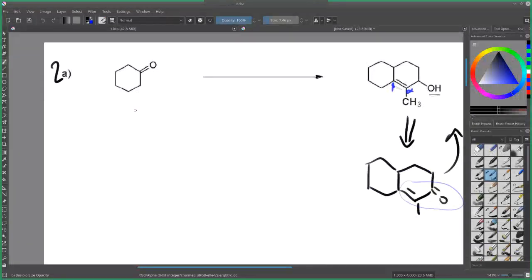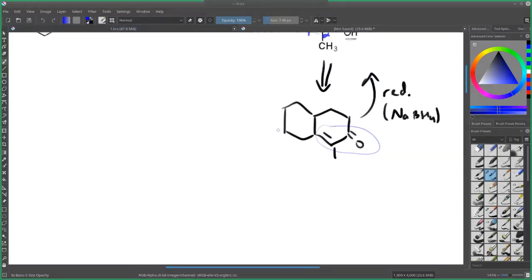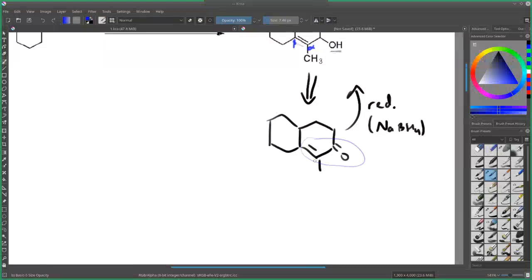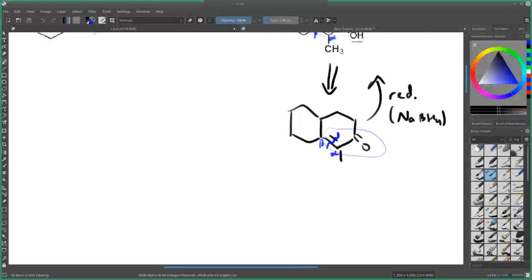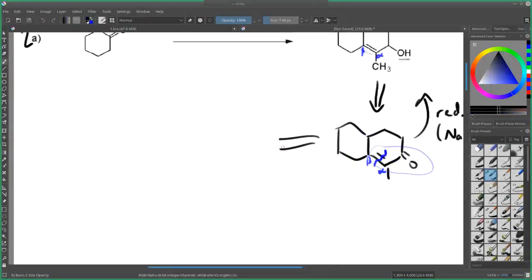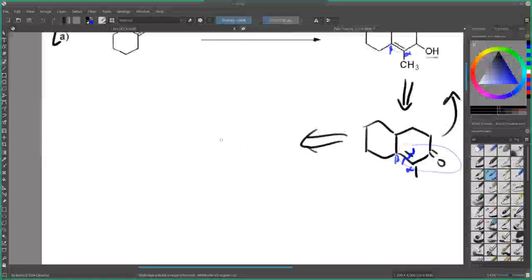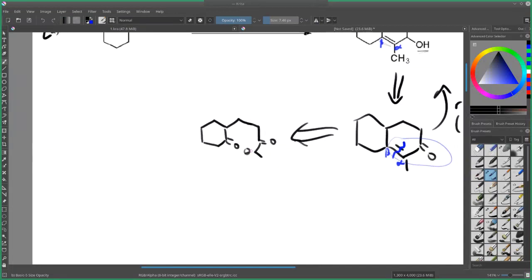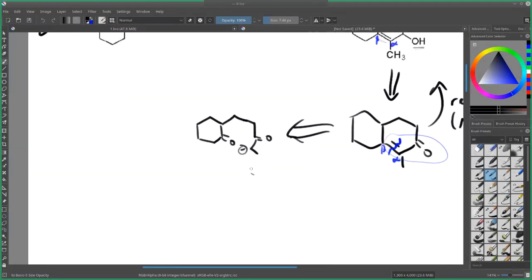So in that case, we know for a Robinson annulation, or really for all of these things, that you take alpha, beta, and cut it along that line. Okay? So then let's go backwards. We will have this ketone there, and then another ketone over there. And this will be our enolate that we wind up making, and from there, it makes the alcohol,